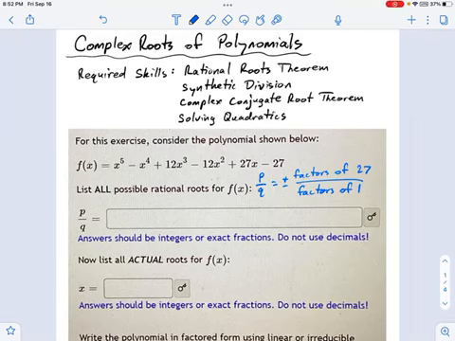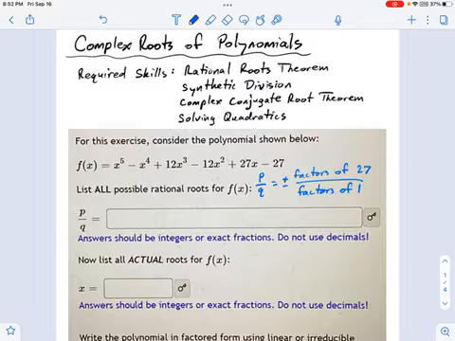We have here what looks like a pretty ferocious polynomial to factor. It's a 5th degree polynomial. And what's going to be a little different about this one, this isn't just a longer problem. This is going to be different than other rational roots synthetic division problems that you've seen before.